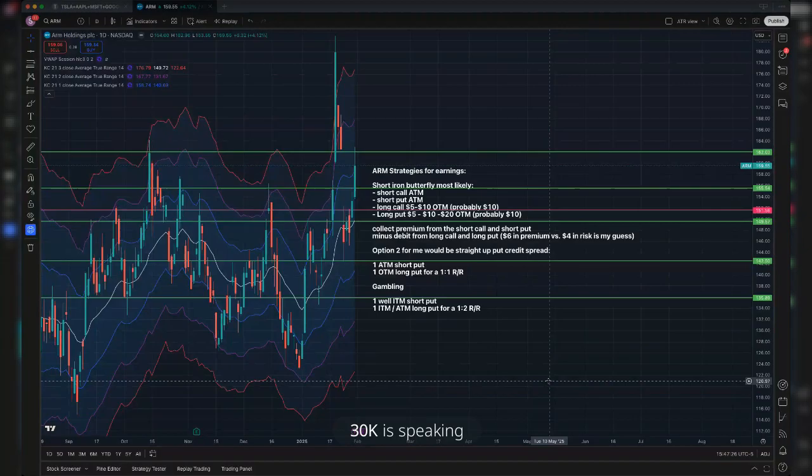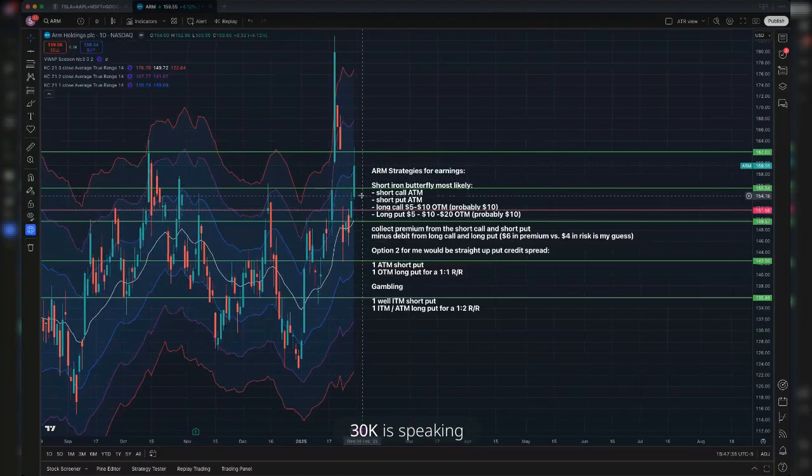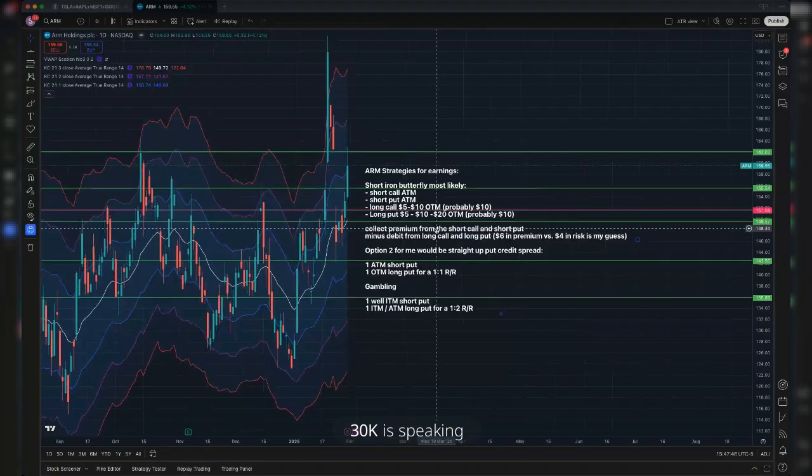Maybe let me explain why. At whatever price ARM is at after the earnings, it is really highly likely that it will retrace at some point in the following 2 days to the closing price that it had, right? And part of that's vol crush, part of that's people buying and selling and profit taking and whatnot.